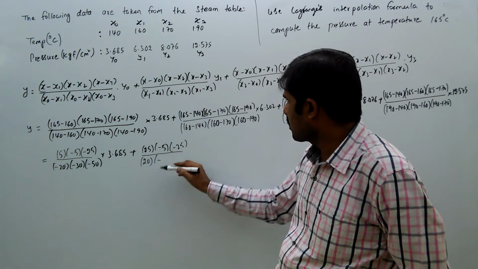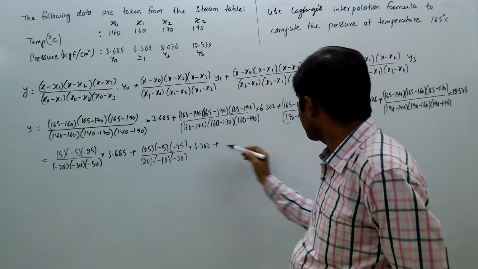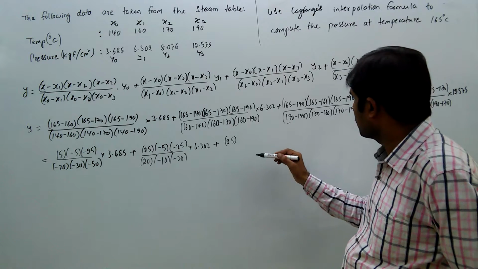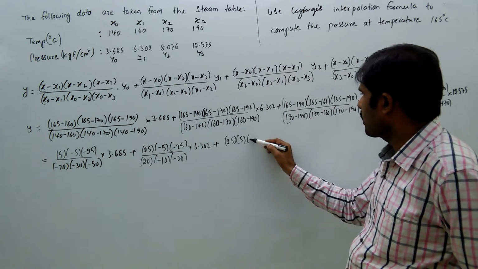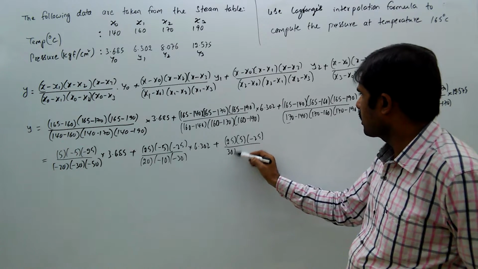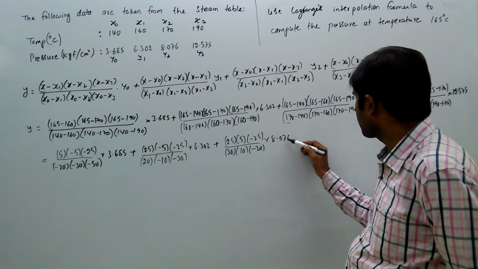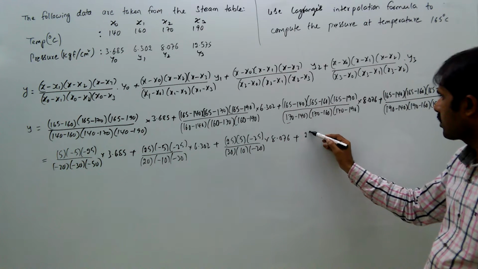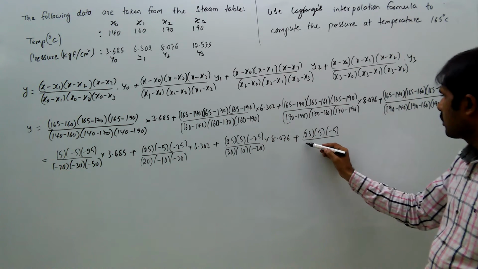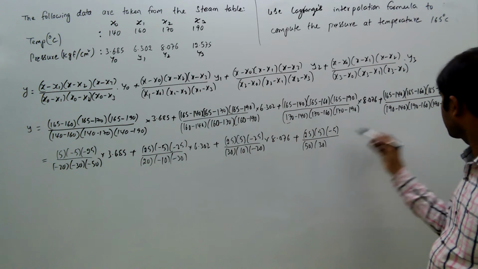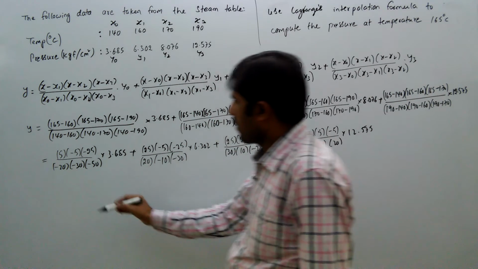So minus 10, this is minus 10, minus 30 into 6.302 plus here 25 into this is 5, this is minus 25 by 30, 10, minus 20 into 8.076 plus this is 25, this is 5, this is minus 5 by 50, 30, 20 into 12.575, that equal to,